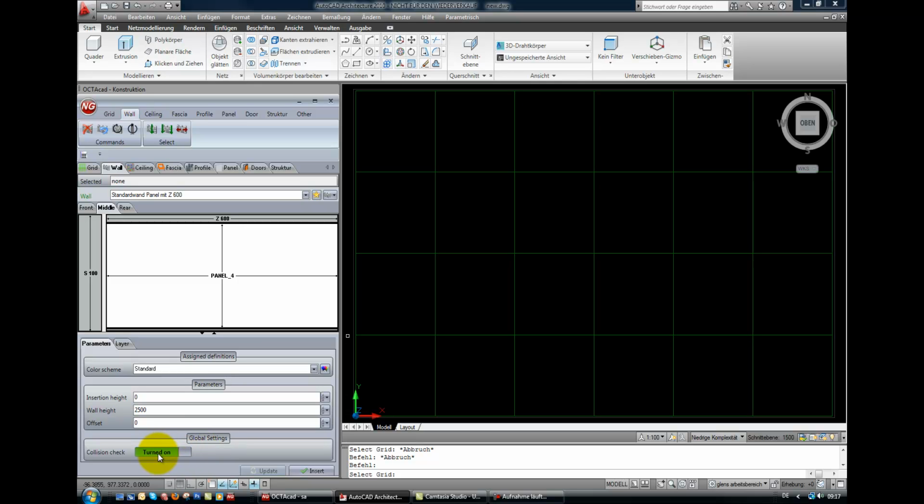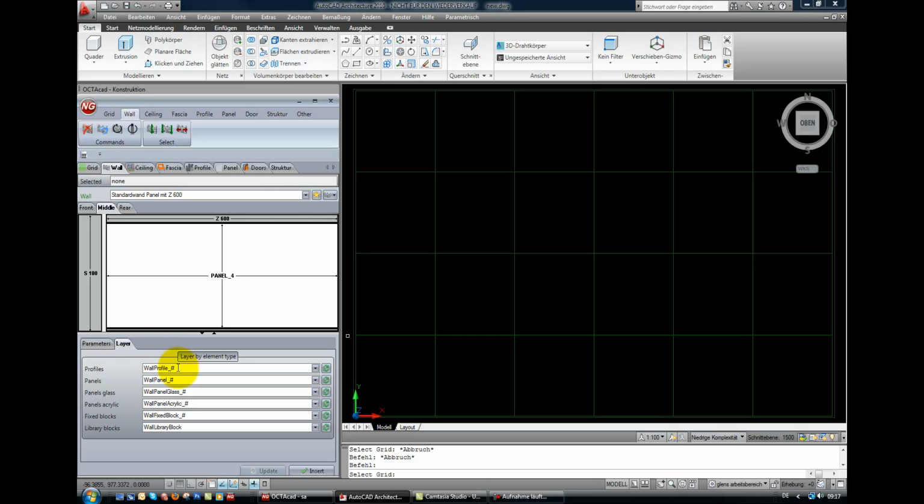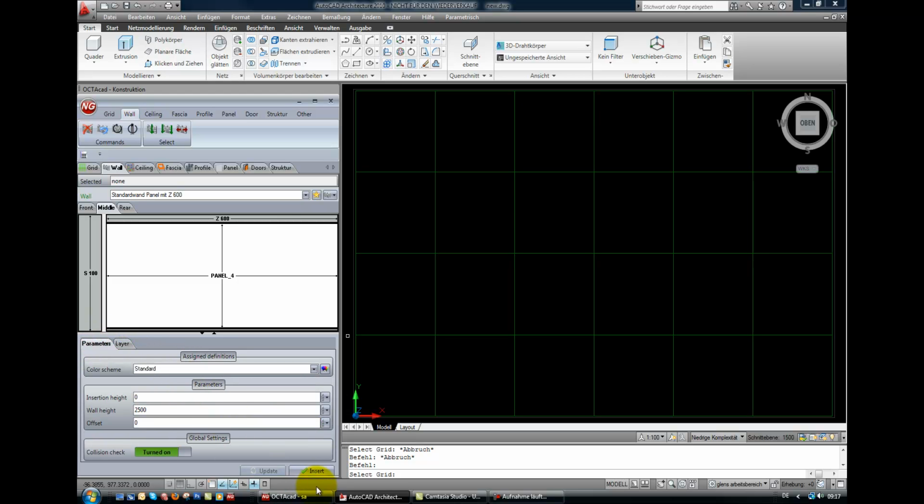The collision check button here at the bottom I will explain later with an example. Here we also have the tab with the layers, which means that each construction part of the standard wall is placed on a separate layer. Later in big drawings it will be very useful, because you can select the different building parts or sorts of building parts by clicking on the layer, and then you can change them more easily. Once you have chosen all your options, you can click on Insert,